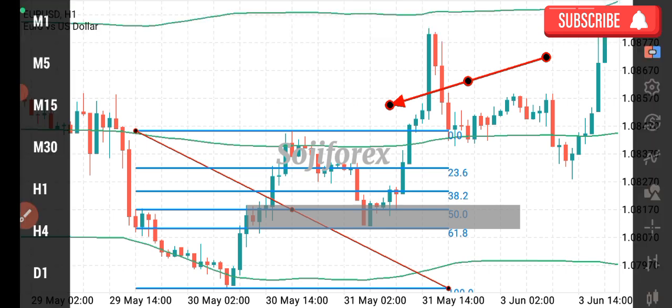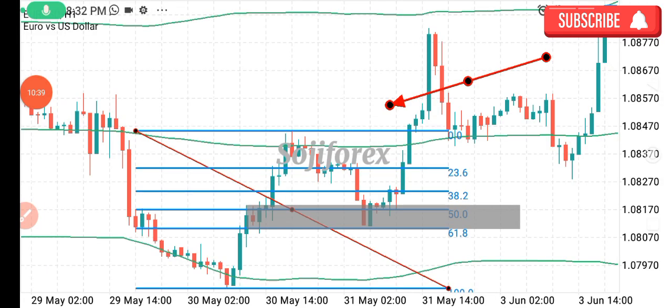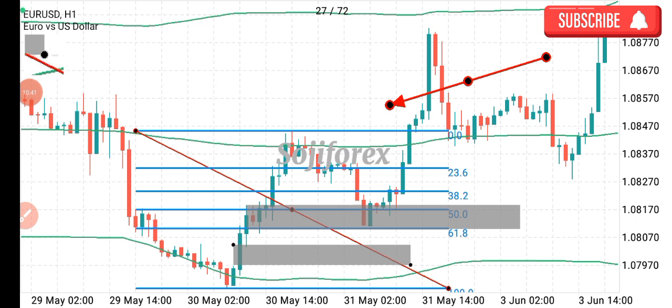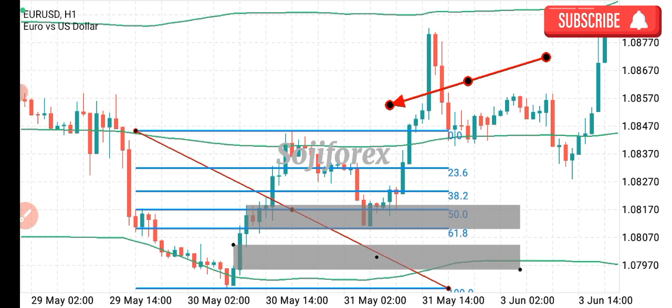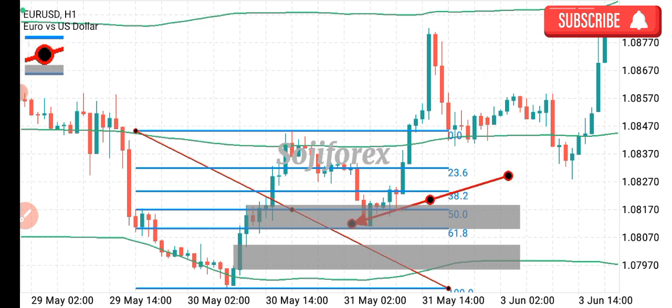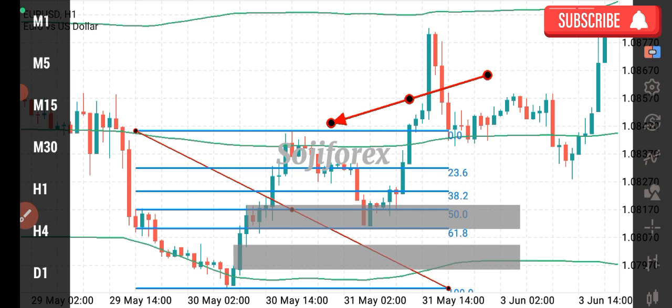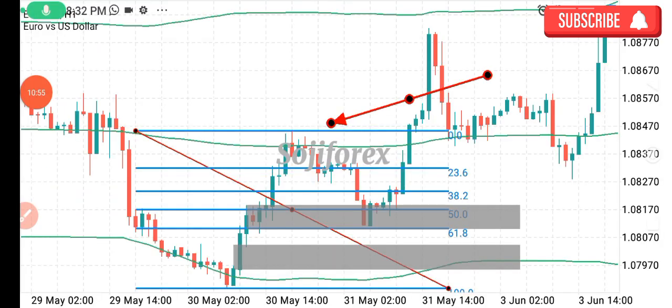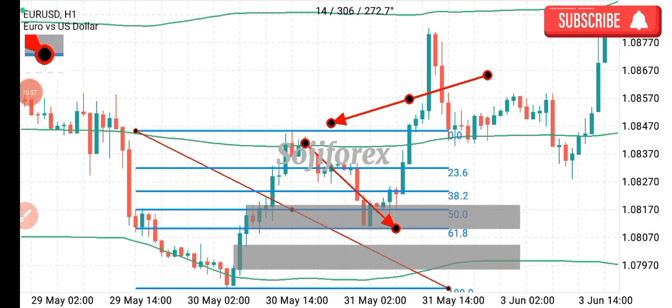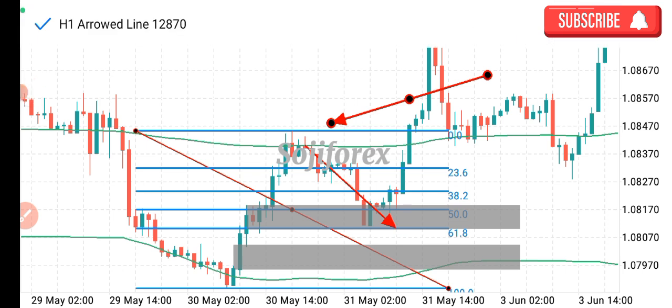And at the same time, here as well, we are having an imbalance. So just as you can see, here we have a smart money cube, and here we have an imbalance. There is a tendency that the price coming now will pull from here into this smart money cube